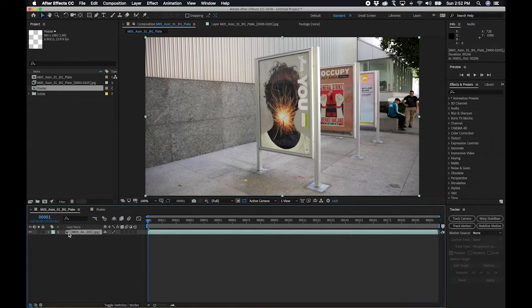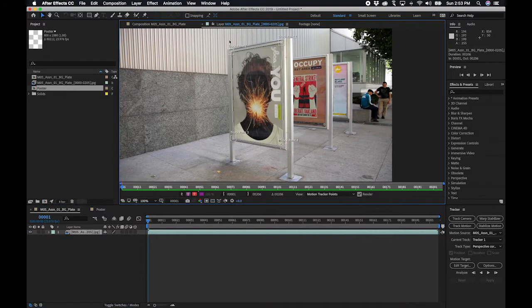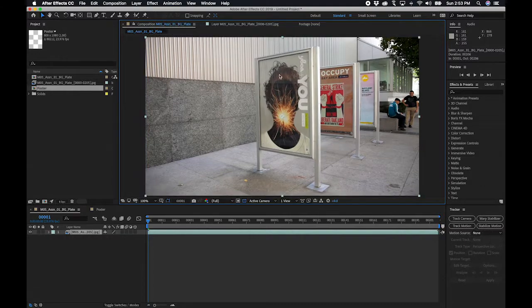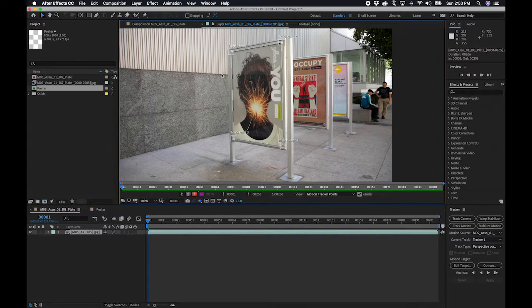Now we don't see the tracking information because we're on the comp level. If we double click this area or go to the layers, then we're in a layer and we should see the tracking information. It's a little confusing, but we need to be within the comp, which is right here, the main comp on this tab. We need to be on the layer, which gives us the tracking information. So now if we hit edit,